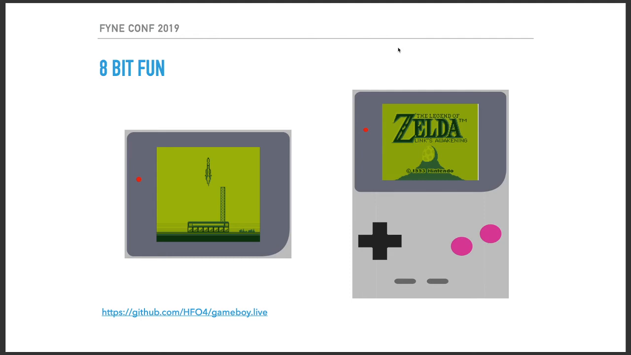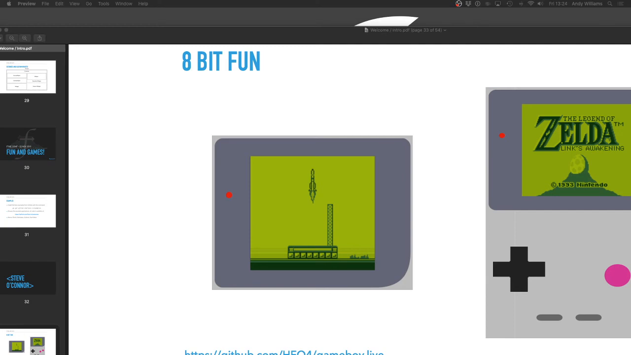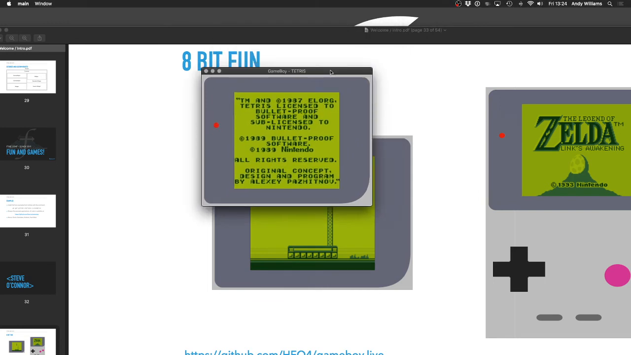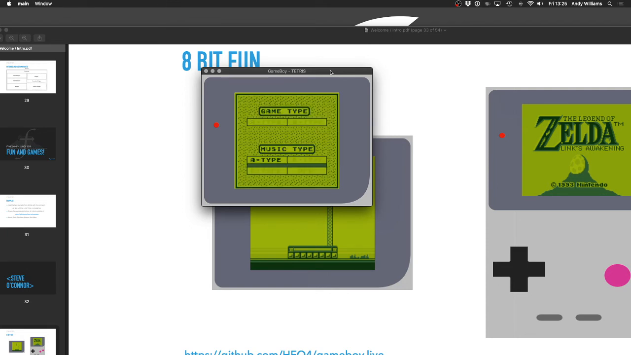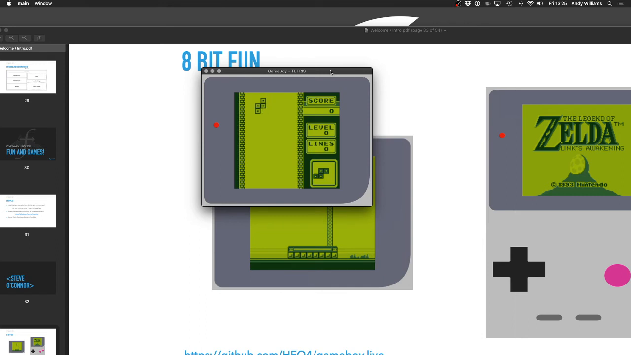So if I just switch out of full screen here and bring a demo in, I'll show you what that means. Let's start with everybody's favorite, a little bit of Tetris. Let's see if I can get a line. Okay, that might be my worst beginning to a game of Tetris yet,